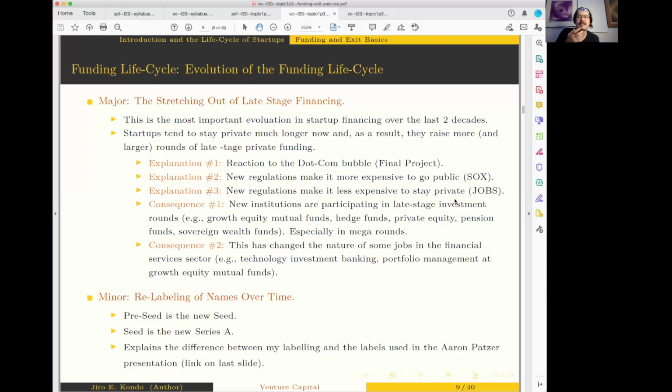And understanding that the game is changing this way because of explanation 1, 2, and 3, right? This is not something that we talk about in classrooms much, but this is super important. Some of the most successful people in financial services are the people who spot that the game is changing and have clarity on how they should change their skill development because of the changing game. So, if you can, pay attention to that, right? So that's an example of how, as I said, growth equity investing has changed over the past 20 years.